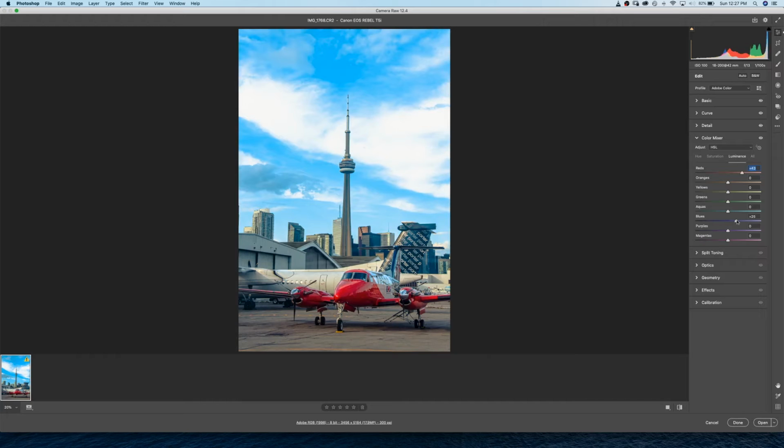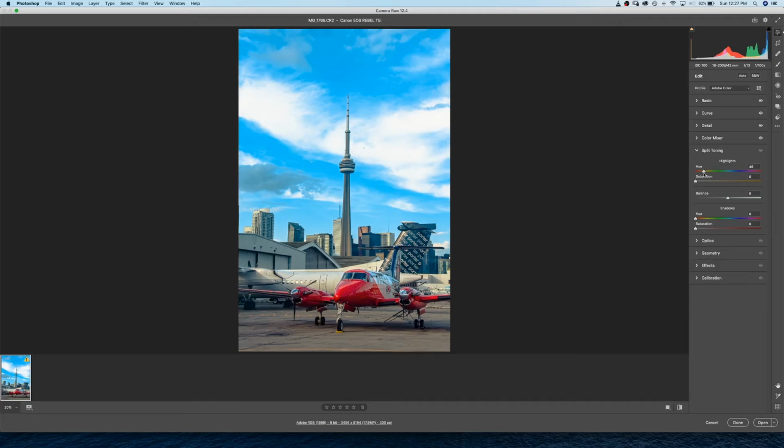Just a little word to the wise: obviously each picture is independent and requires its own consideration, but sometimes you do want to have a little bit of a lighter hand with all of this. So don't go super crazy, just go crazy enough to enhance the photo or strike the tone that you're really looking for. Split toning underneath Color Mixer is really interesting because it allows you to affect just the